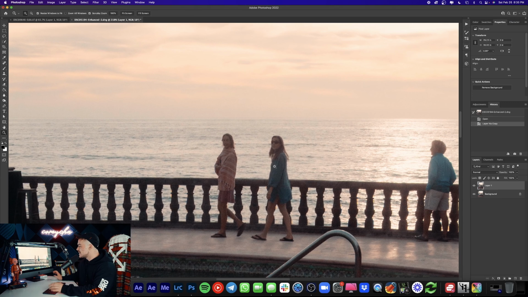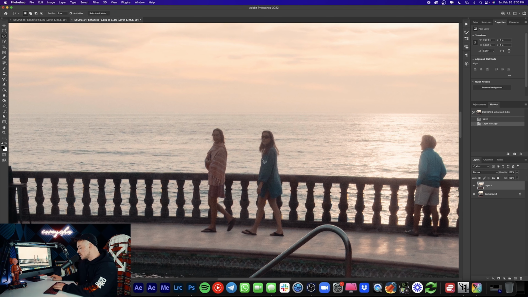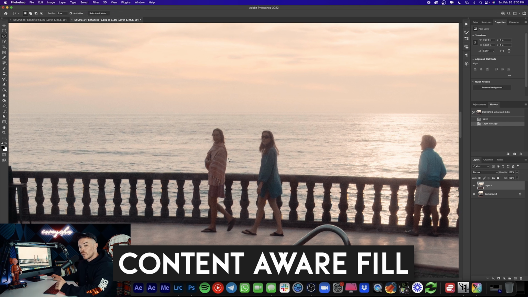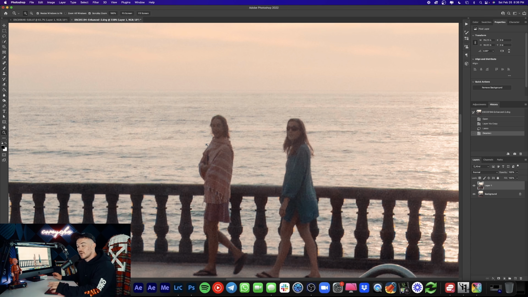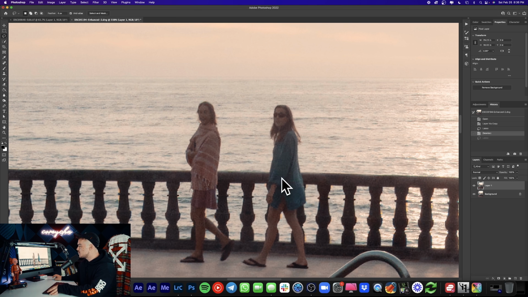And now, instead of using the clone stamp tool, which we easily could use, we're actually going to use a different feature called content aware fill. Now there are 2 different ways to do content aware fill. Let me show you the first one now. So what we're gonna do here, we're just gonna select these people here. Let's grab the lasso tool or hit L on the keyboard and just select them real quick. You can even do both at the same time. If you wanna do both at the same time, just hold the shift button down